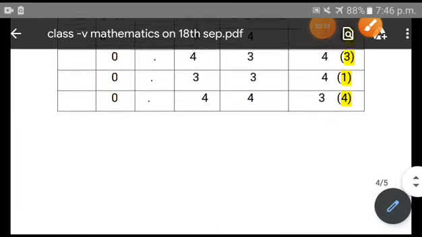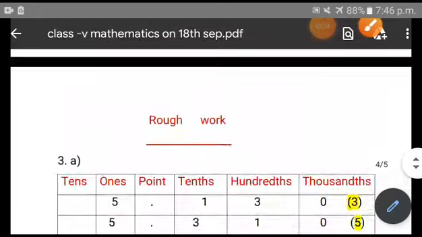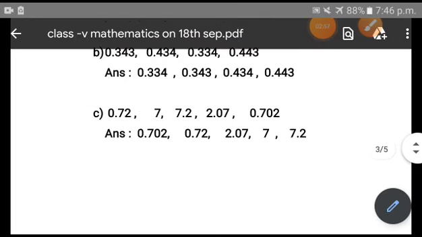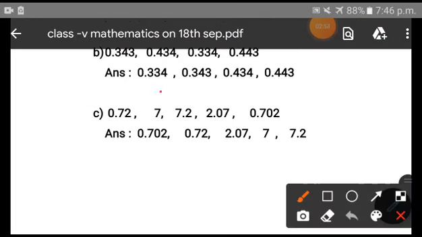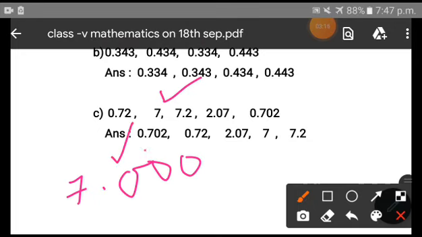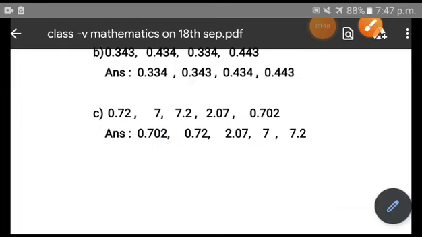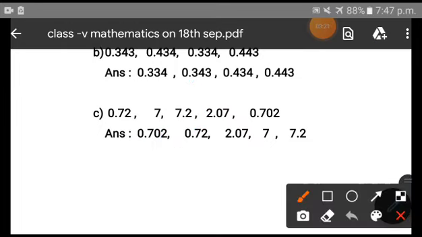As you can see over here, let's have a look at the question. Here you have 7. So 7 actually means here we can bring 3 more zeros for our convenience. Why? Because we need to compare between the place values. That is, this is the tens place, hundreds place and the thousands place. So for the comparison purpose we are bringing the zeros.